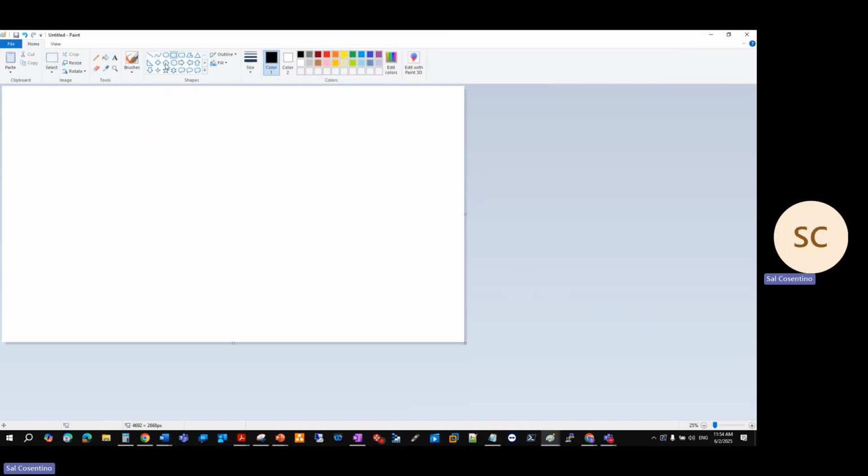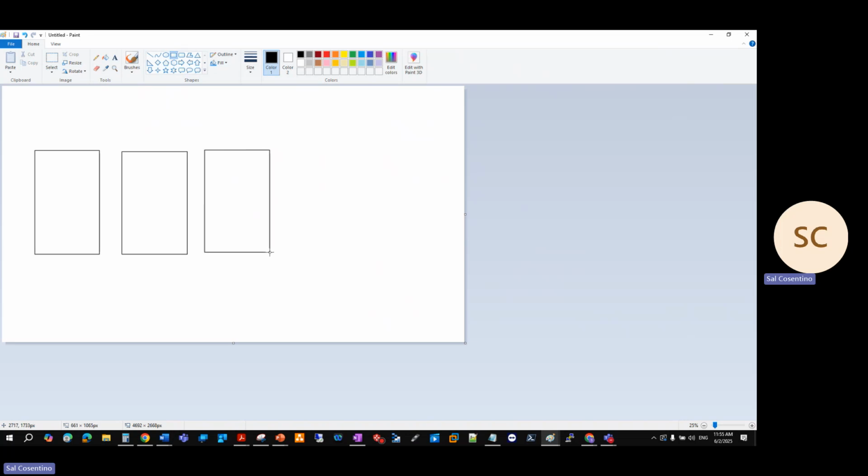Let me draw my machines here, right? So I'll have my machine here. Then I'll have my server, which could be my domain controller, right? And then we'll have member servers, right? And then that can be our SQL, with SQL Server installed on top of it, right? And I got to go back to my